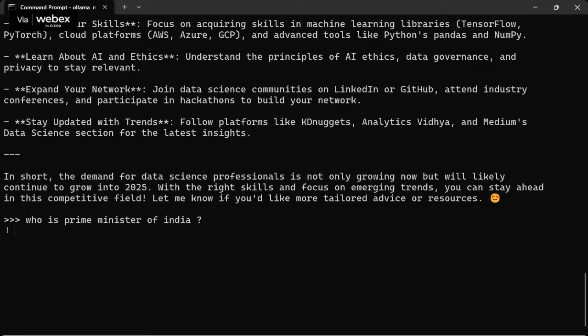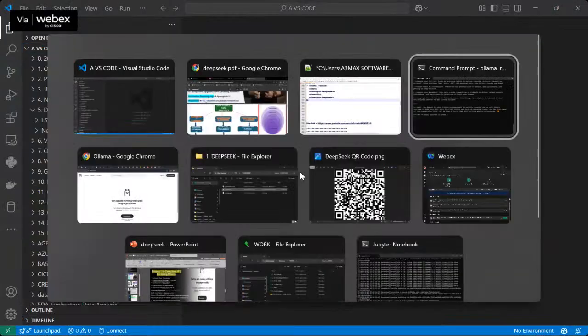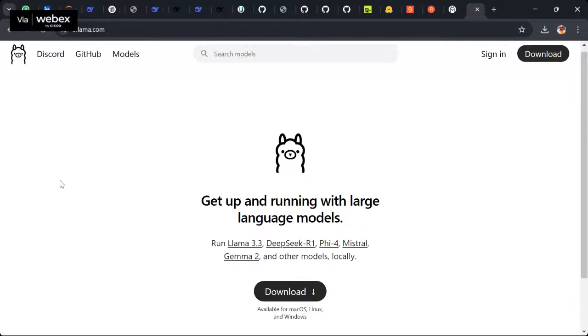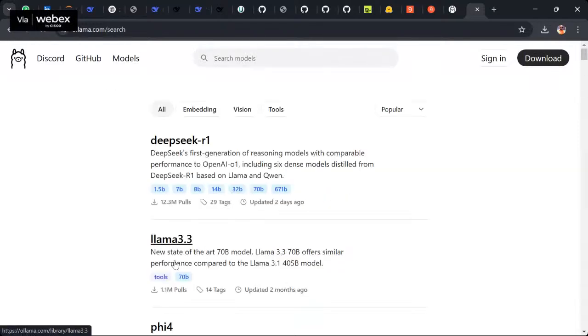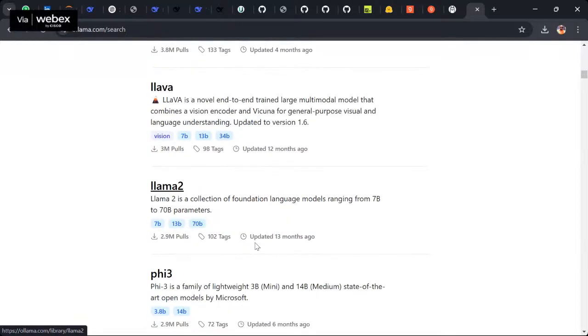Okay, let me enter. Do you see I write a prompt and my DeepSeek R1 model is thinking? It's like agents. I will tell you about agents on 23 Feb. I will share all this code with you so that you can understand. So Ollama, I hope it's pretty clear, guys. Right now in Ollama, we pulled which model? Llama 3. You can pull many other models like Mistral, Gemma, all the models. I want you to refer to the documentation and you can work with Mistral, Qwen, Gemma, Qwen 2, LLaVA.